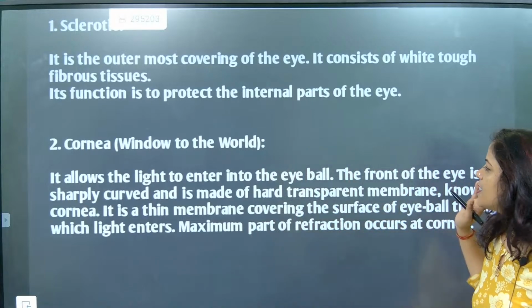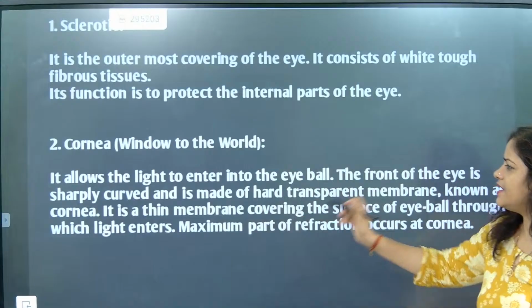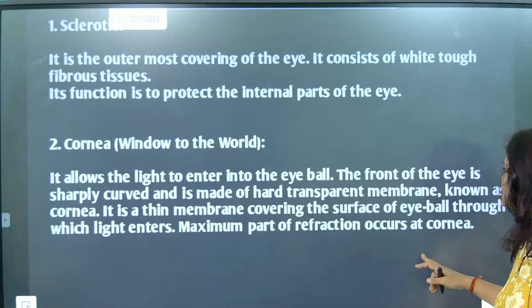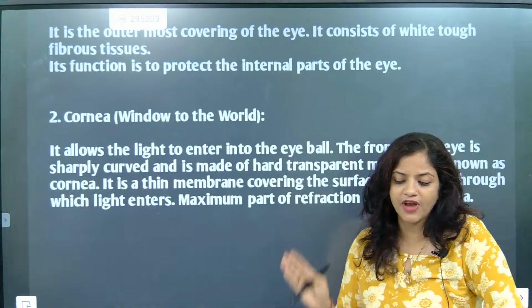Now look here, beta. Here, hard transparent membrane. Understood? Now it is a thin membrane covering the surface of the eyeball through which light enters. So the maximum part of refraction